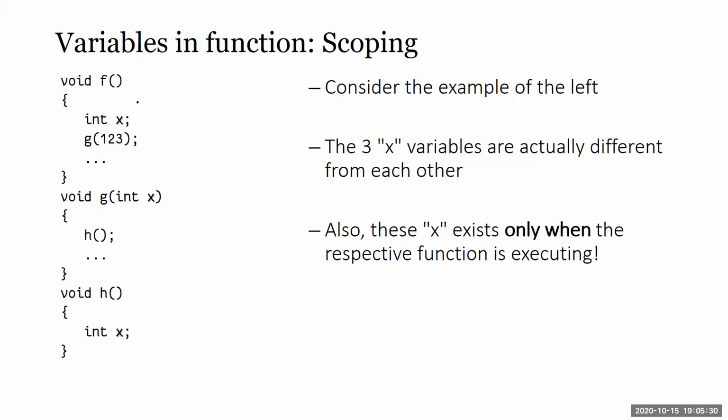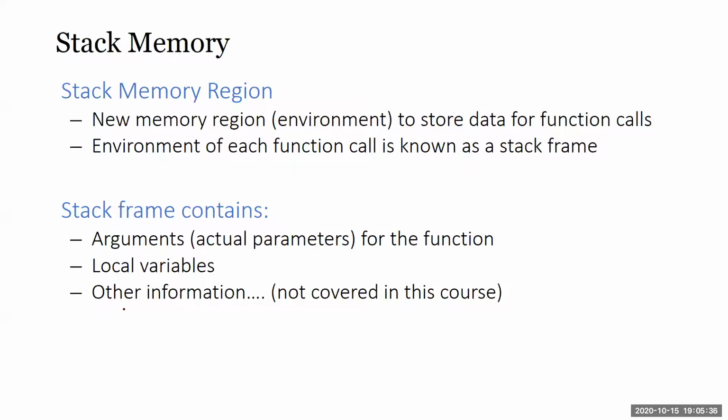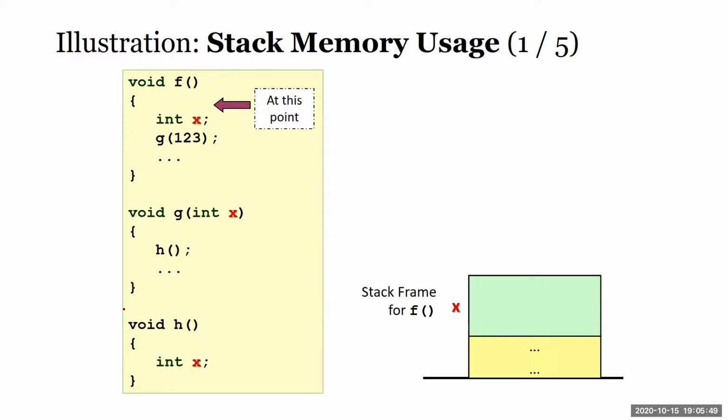Here I have X, here I have X, here I have X. Okay, so scoping. Now what happens is that we have this different stack memory. Okay, I think we have been quite familiar. We've always been drawing for you, right? Every time you call a function, a new stack memory appears. You use CTutor or use Cake, we also want to show you the stack of memory. Okay? So what happens is this.